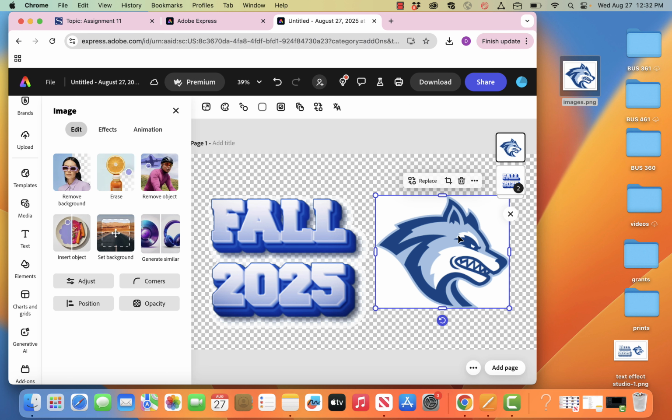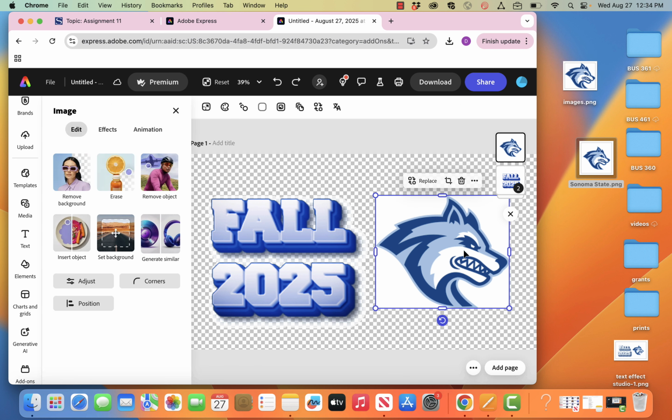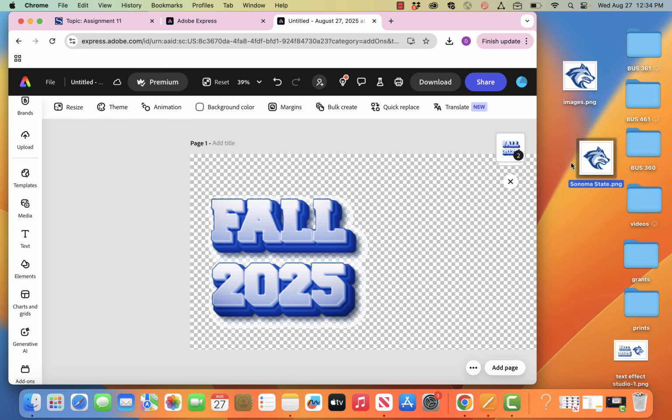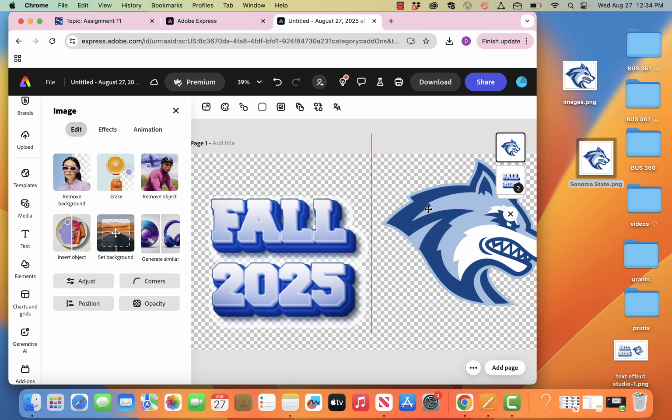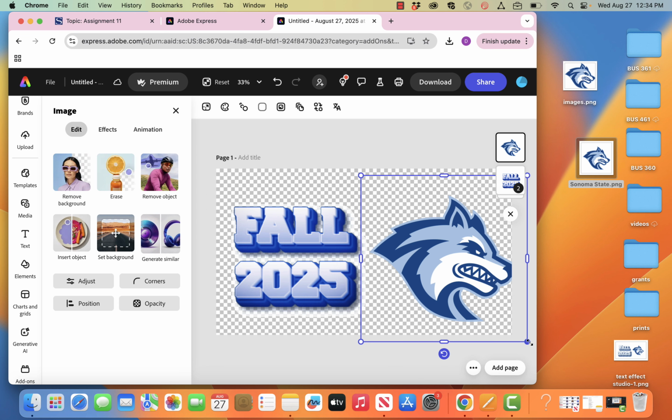Oh, we got to remove the background. Looks like this is a different image than I used previously because the background's not transparent. So let's give it a remove background and hope. All right, so instead of messing with this remove background, I just went and got a new image that already had a transparent background. So Command minus and Option drag,